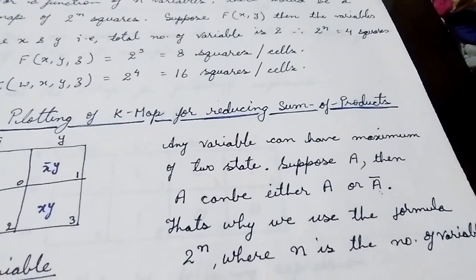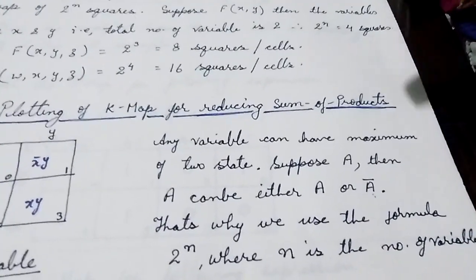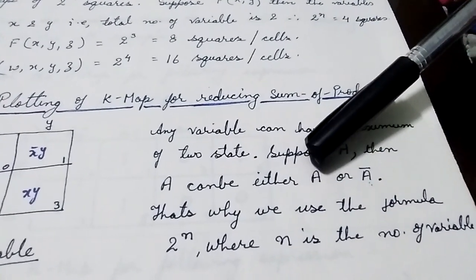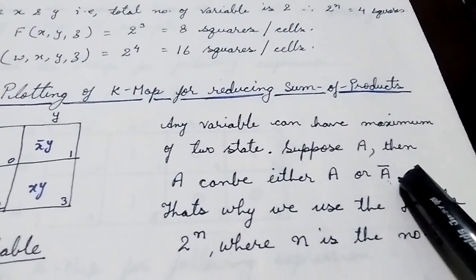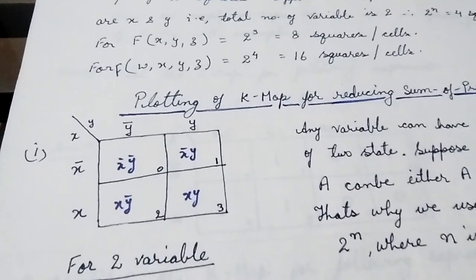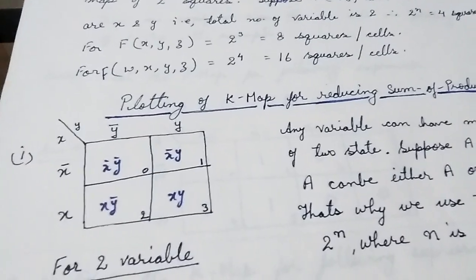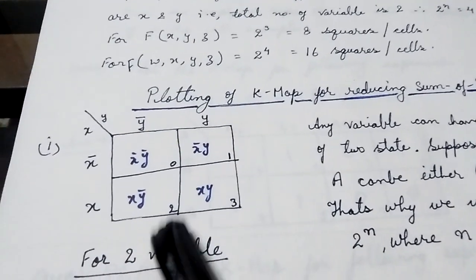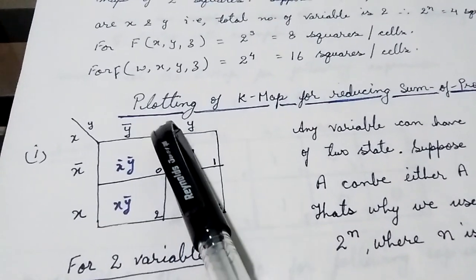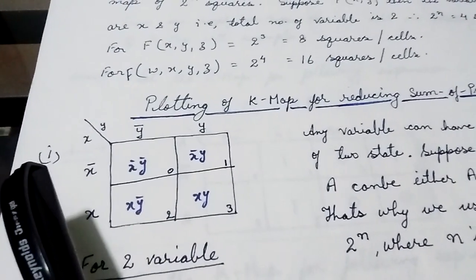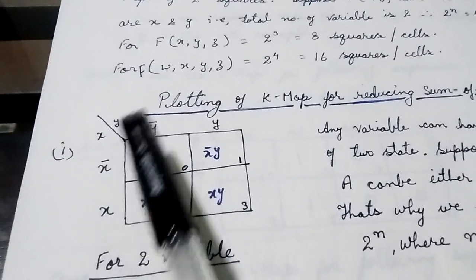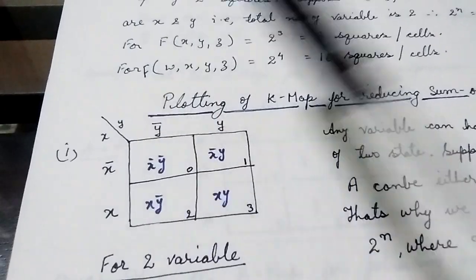So putting this in mind and also remembering that the sum of product is made up of min terms, in which a equals 1 and a bar equals 0, we come back to the plotting. To plot the K map for 2 components, we draw one rectangle and then we divide it into 2 halves by drawing a horizontal and a vertical line. Then we draw one line here and we write this side as x and this side as y.